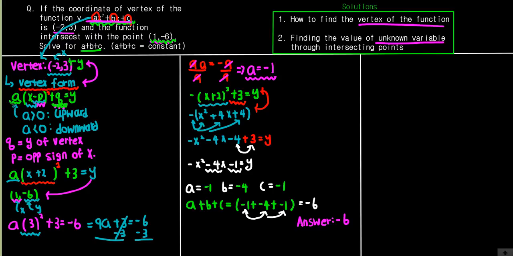And we figure out that our basic formula for the vertex form is a times (x minus p) squared plus q is equal to y. a is a value which makes the graph upward or downward, q is the y value of our vertex coordinate, and the p value should always be opposite of our x value. So what we did here is we inputted the coordinates of the vertex and completed our vertex form. And we know that the intersecting points are this, which means when you input the value of these coordinates to our original function, it should give us the value, which means we